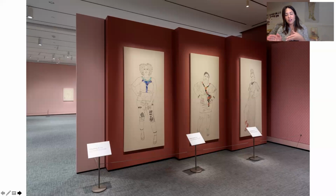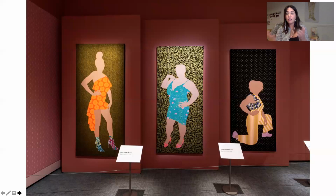And then on the other side of this gallery, you have the same sisters, but from a different series, which is the Love Letter series. In this series, she begins to cover the entire canvas with fabric. So it's much more in a quilting practice, perhaps, right? And the colors and the vibrancy here really pop out. She's using very intentional